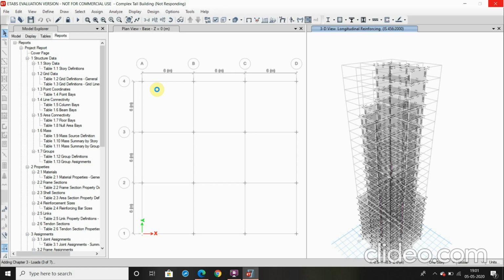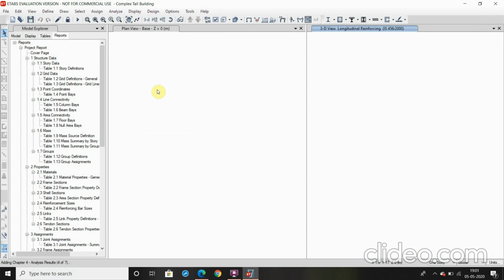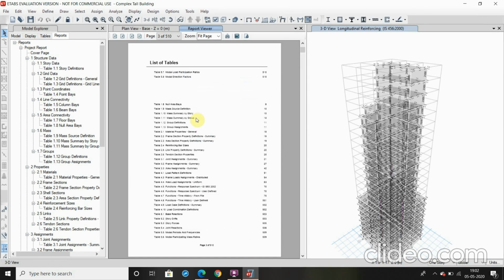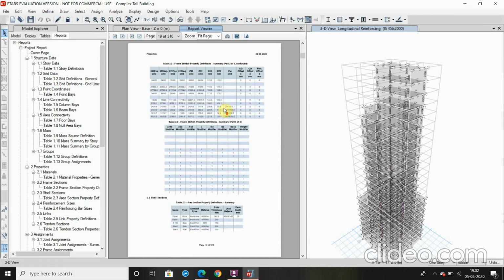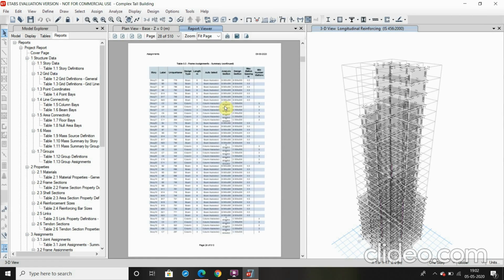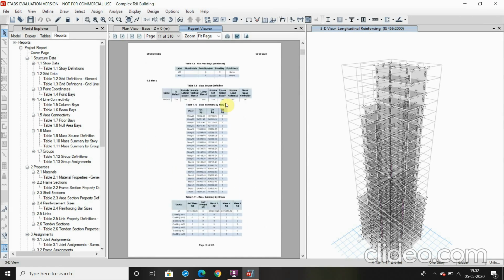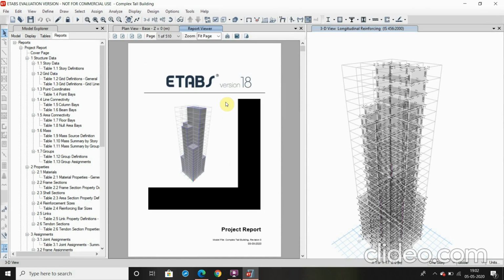It is taking a bit of time to generate the report. The report has been generated and it contains the values which I discussed. So finally we have completed the analysis and design of seismic resistant buildings under